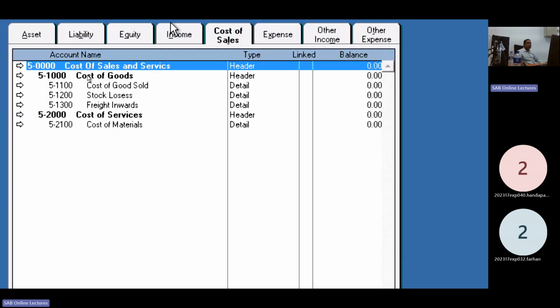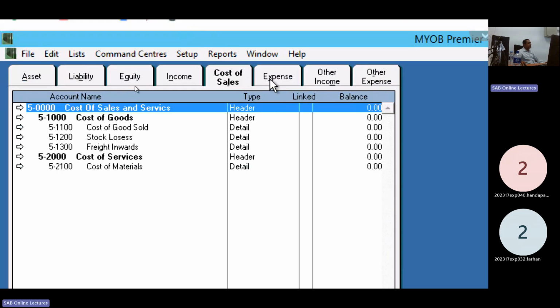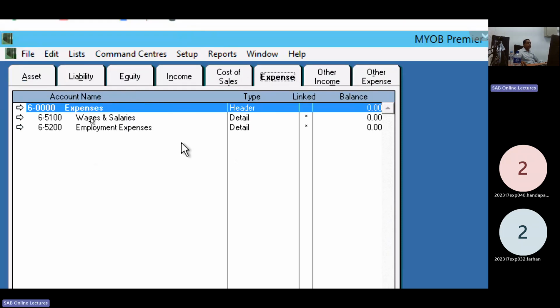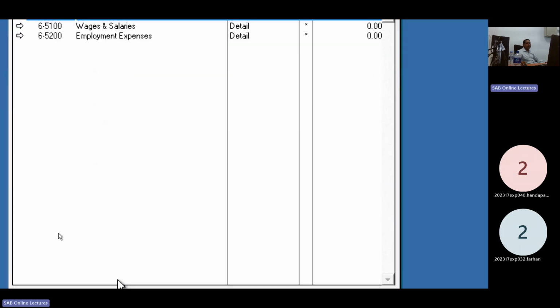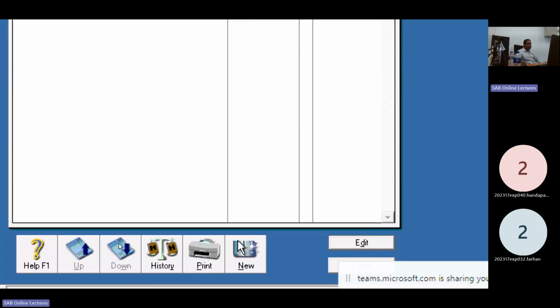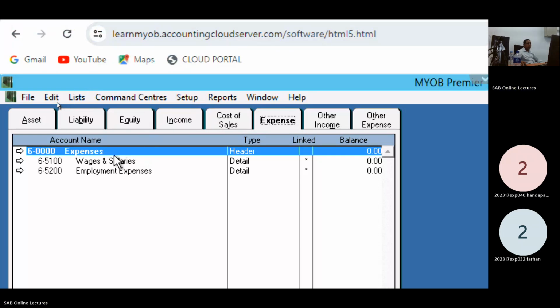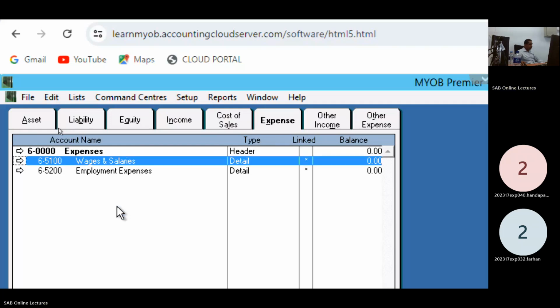Alright, now the expense section. In the expenses, two accounts are there. Look at your first one, header account, okay. Salaries and wages. Turn to the next page.